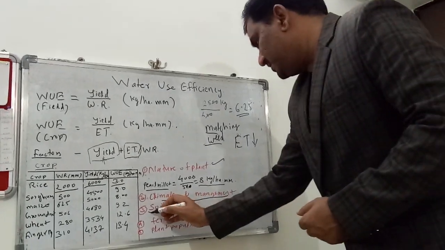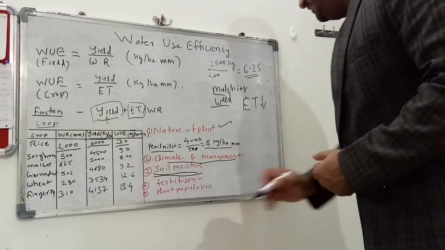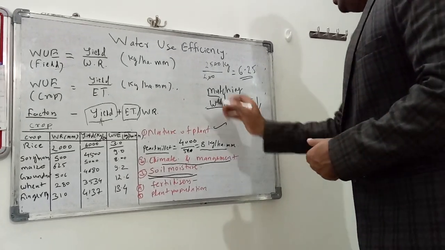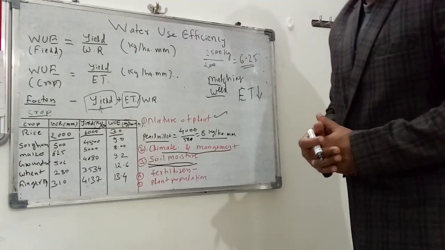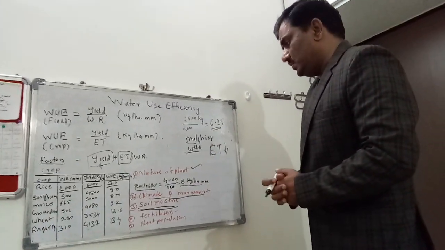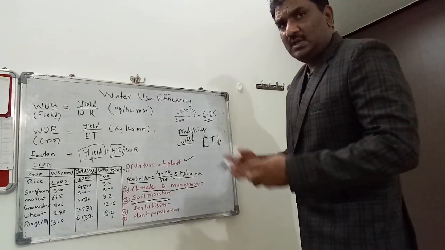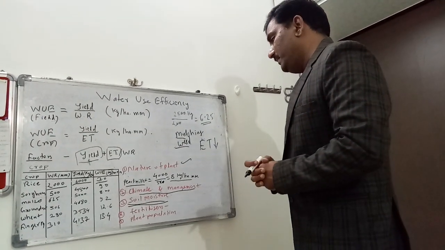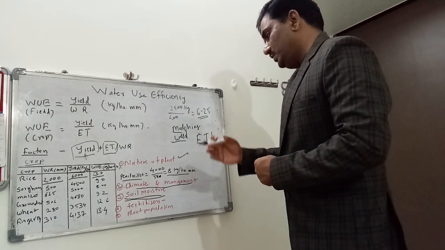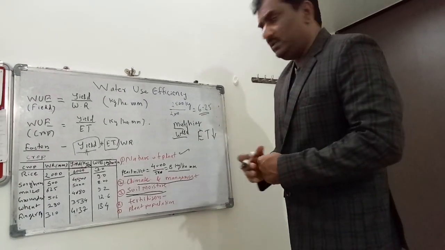In case of soil moisture, this is one of the very important parameters. Optimum soil moisture is very important. Too low soil moisture will reduce the yield. High soil moisture is also responsible for evapotranspiration. We have to have proper scheduling of irrigation so that there will be minimum loss of water through evapotranspiration and better growth of the crop.